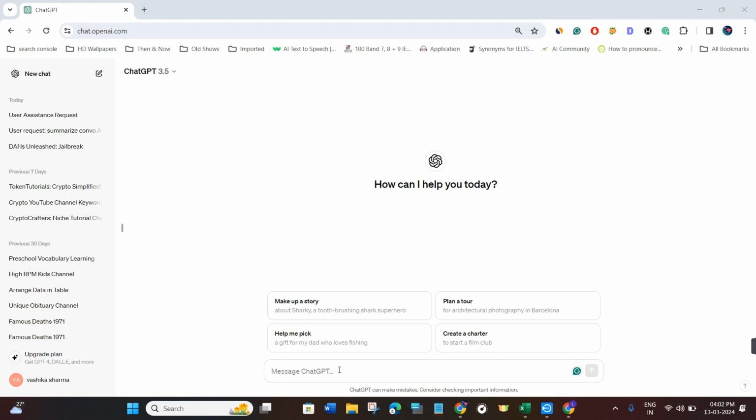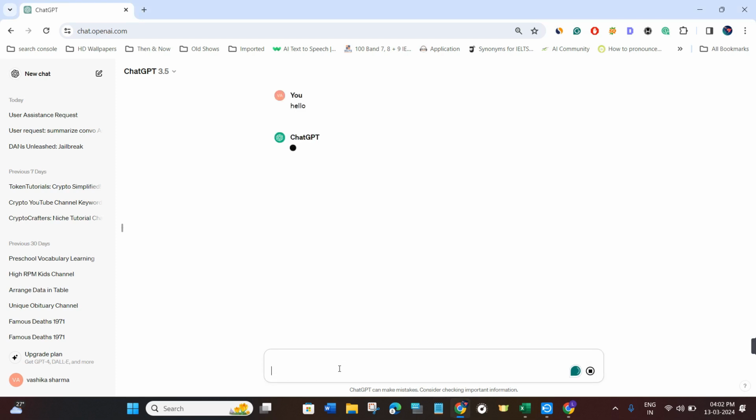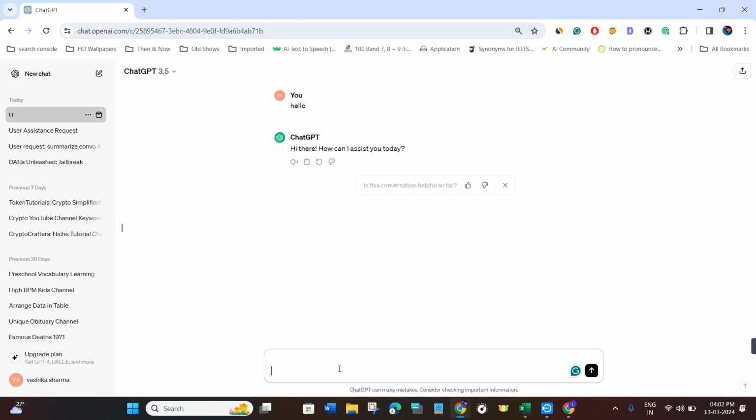Now once you are on this message box, you have to type anything that you want to type. Let's say I want to type hello and then you need to press enter. Now when you press enter, it will automatically take your prompt, but if you want to enter a new line